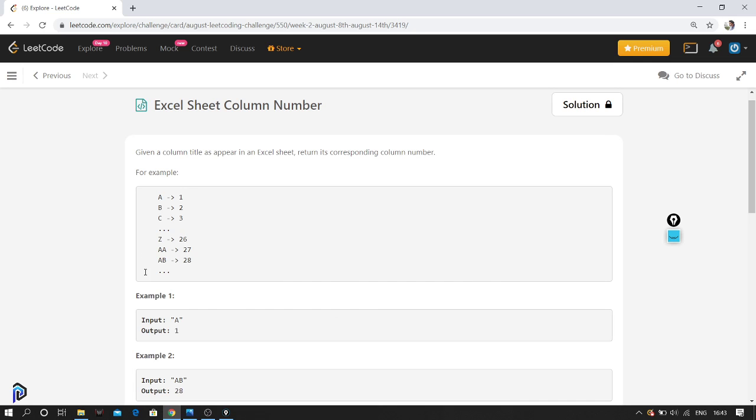Let's see this example, AB. First I'll take B. What I will map is A's value is 1, B's value is 2, and similarly for the rest. We have the input string AB.